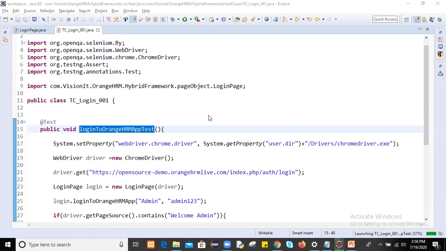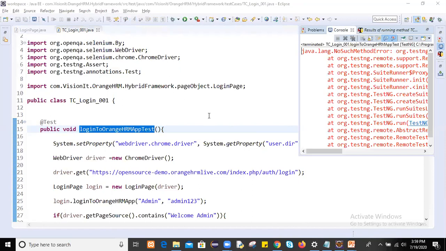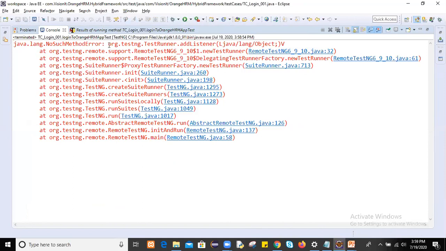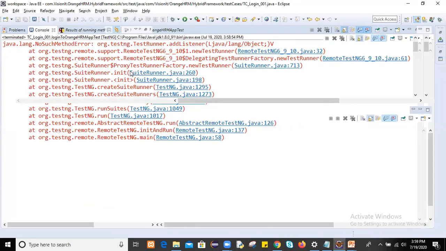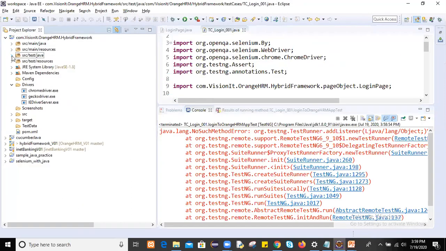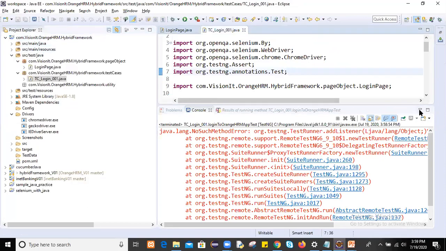Let's check the behavior of this login page automation. So what is the issue? No such method, org.testng.TestRunner addListeners. Okay, it might be that it's not finding the TestNG library. So if it is not finding the TestNG library, guys, what do you need to do? Simple.